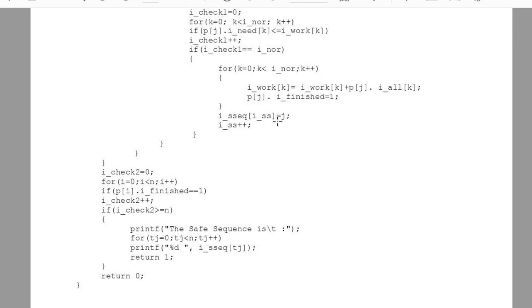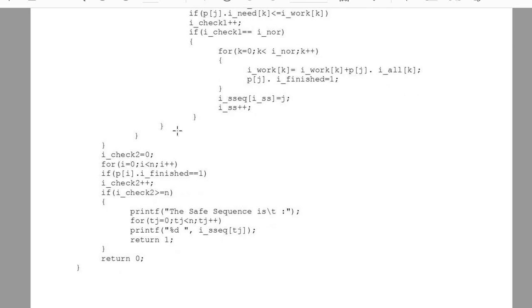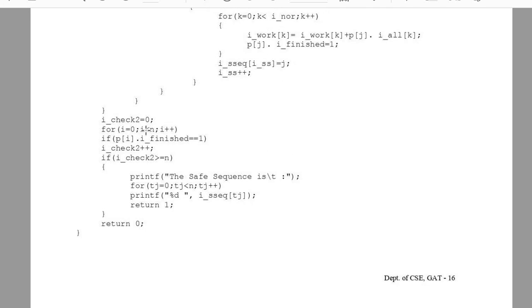The process which has completed execution will be put into the safe sequence array and the count will be increased by 1. Finally we have to check whether all the processes have completed their execution or not. So initially the check variable is 0. Now we are checking if finished equal to 1, that means the process has finished.